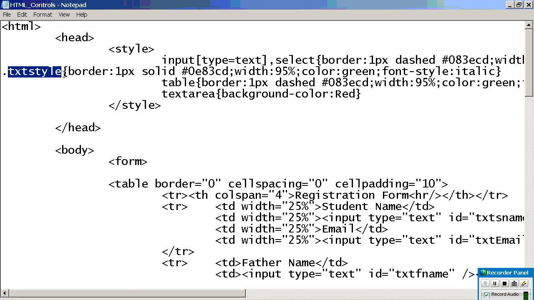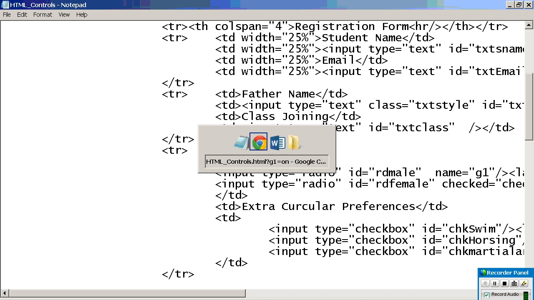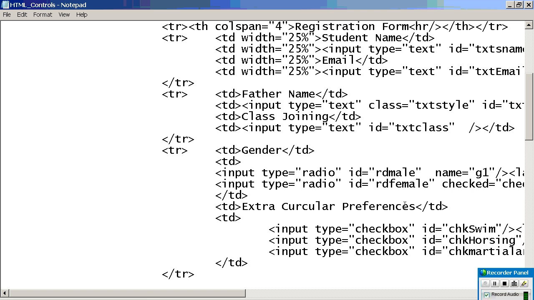Okay, this style, how can you affect it? Go to, for example, father name. I want to change it. Class equal to. Okay, now one dot. Is it affecting?